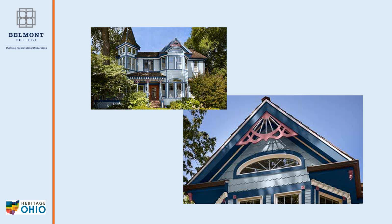The picture that I started out with, that everybody, when you talk about Queen Annes, they think of the painted ladies of San Francisco or buildings that have, and I know in Manhattan, across from my fraternity house, there was a Queen Anne house when I was in college. And people started at the top, and their goal was to paint, I think, every shingle practically a different color. I mean, they were using a tremendous number of paint colors, and that's not what Queen Anne paint schemes are like. That had more to do with LSD in the 1960s in San Francisco than it did with appropriate colors